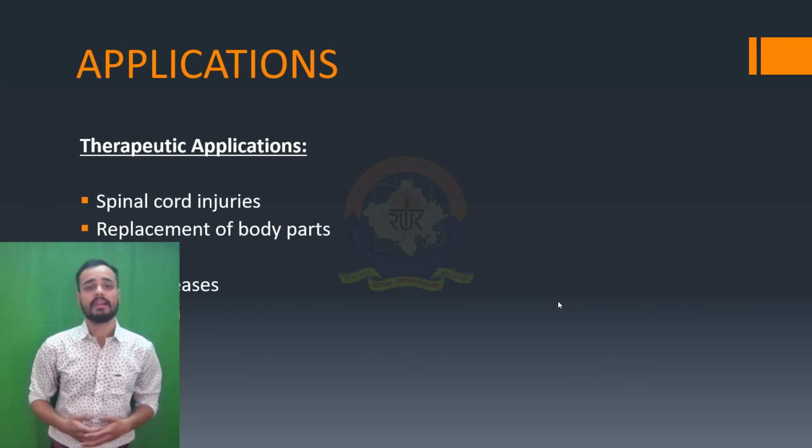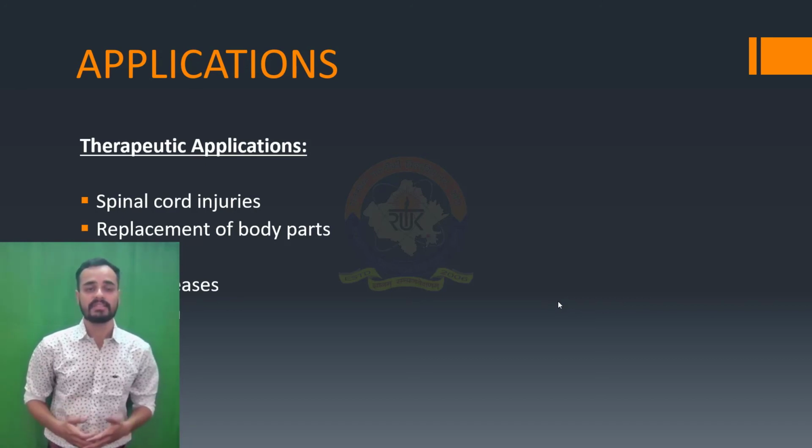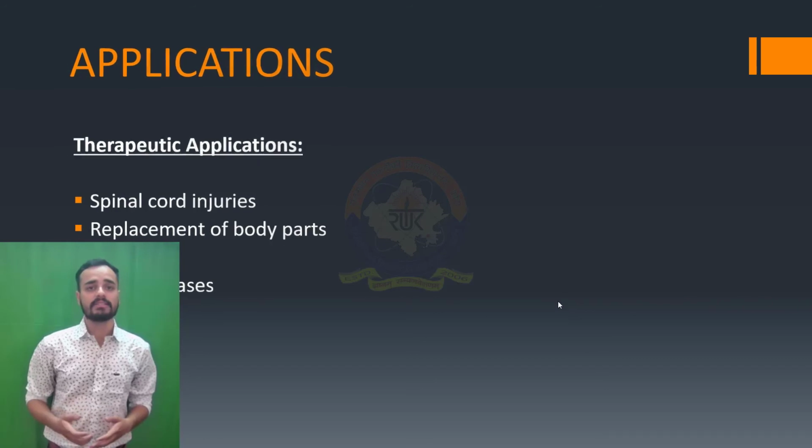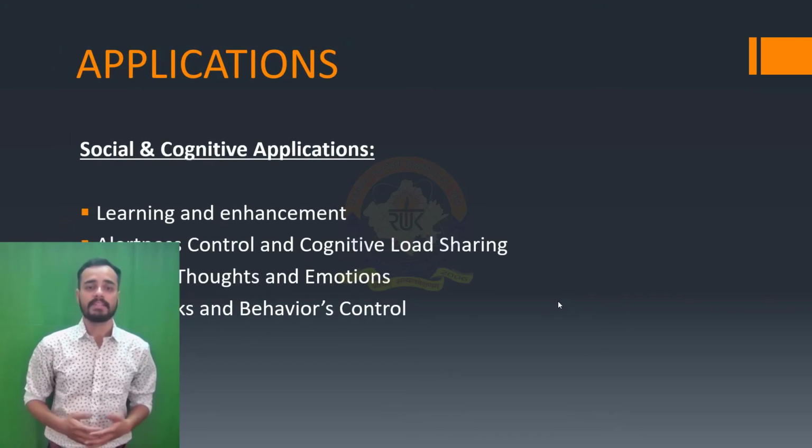A technology as useful as this has many applications. These are some of the therapeutic applications of this technology. For example, treatment of spinal cord injuries and brain diseases, and replacement of body parts, and many more. These are some of the cognitive and societal applications of this technology. For example, learning and enhancement of human individuals, reading thoughts and emotions of other people and animals, some extensive military